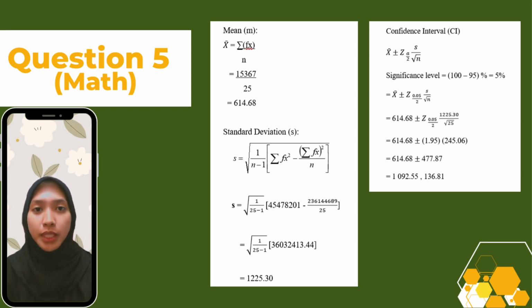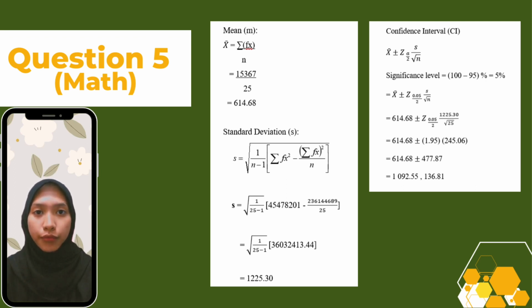I will present question 5 about the confidence interval between maths and English score. For maths score, the mean is 15,367 divided by 25 and the answer is 614.68. Next, for the standard deviation is 1 divided by 25 minus 1 open bracket 4547 8201 minus